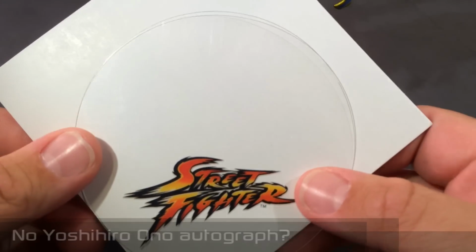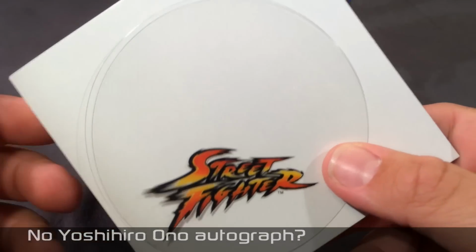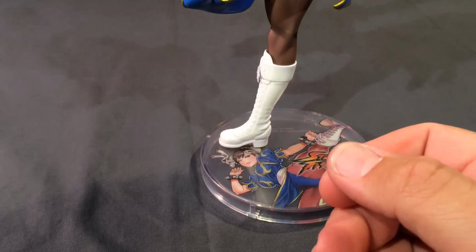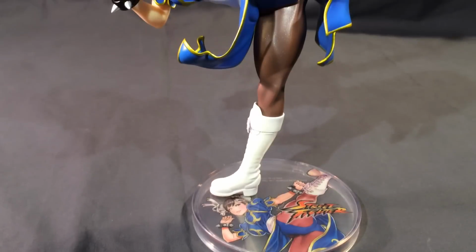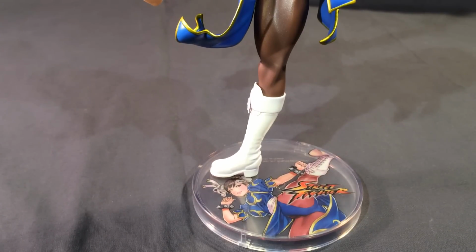Fighter. Interesting that it doesn't say Street Fighter 4 or Ultra Street Fighter 4 or any of that stuff like the Tekken ones had. It said Tekken Tag Tournament 2. It's very specific. That game happened to have pretty much every one of the Tekken characters in it, almost. But Street Fighter 4 doesn't have all of the Street Fighter characters in it. So I'm glad that this doesn't say Street Fighter 4, and maybe we shouldn't read too far into it, but